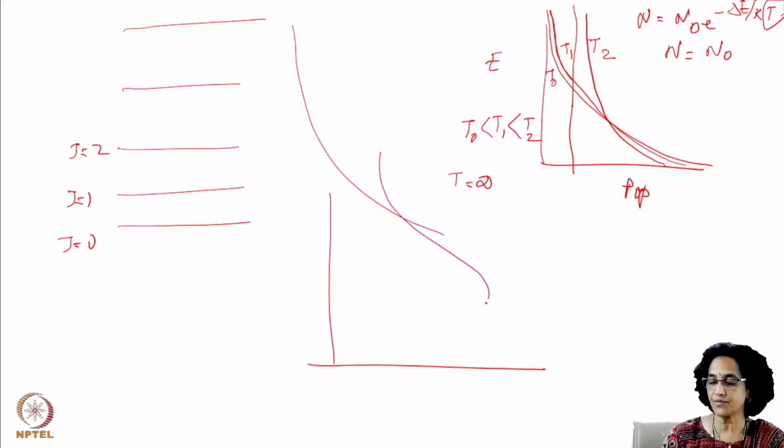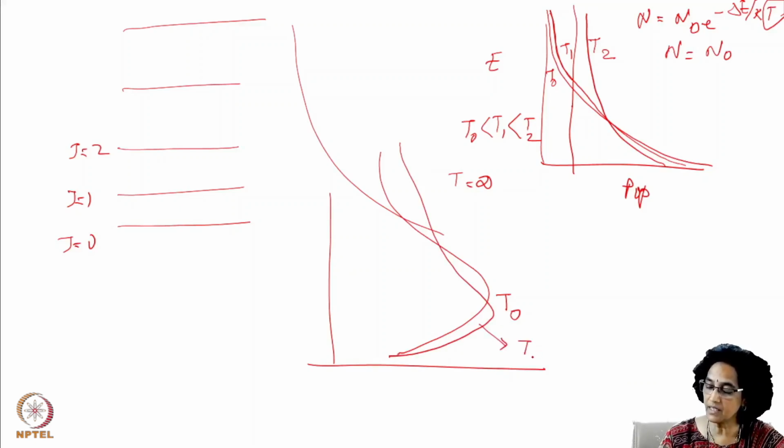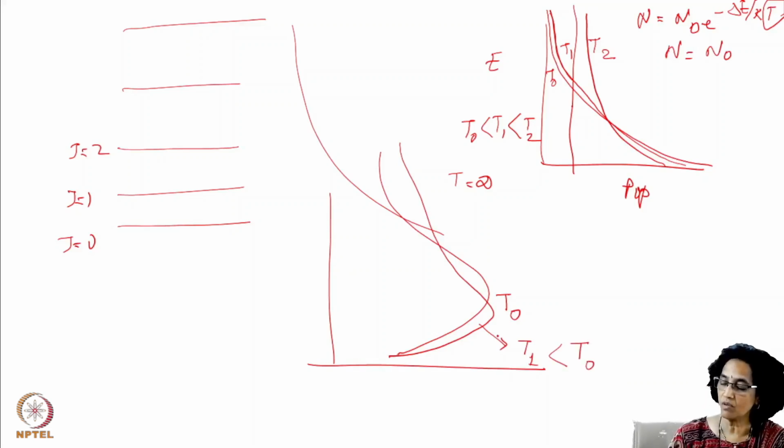While we have shown it to be like this for a particular temperature, T0, now as the temperature increases, once again the population will increase on the higher levels and then start reducing, and maybe it will peak at, sorry, this is at a T1 less than T0. So for a lower temperature, the population will peak at a lower level, and for a higher temperature, the population will peak at a higher level as it goes to the higher J levels.